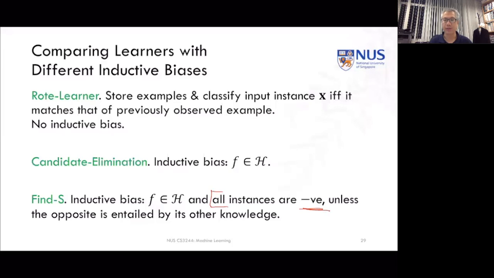So it's going to make this very strong assumption that anything else it hasn't seen that isn't in its hypothesis set is going to be negative. So it has a stronger inductive bias than candidate elimination. So it will be able to generalize more, but has the risk of assuming that everything has to have a negative outcome unless otherwise